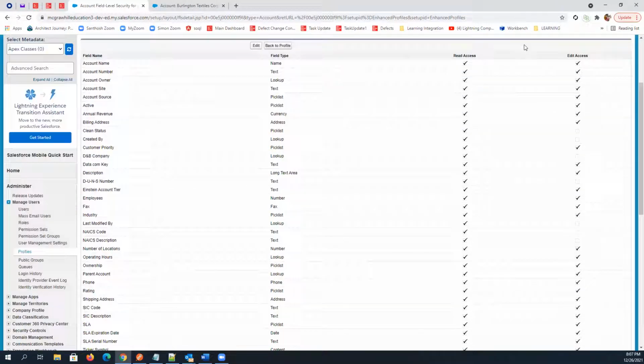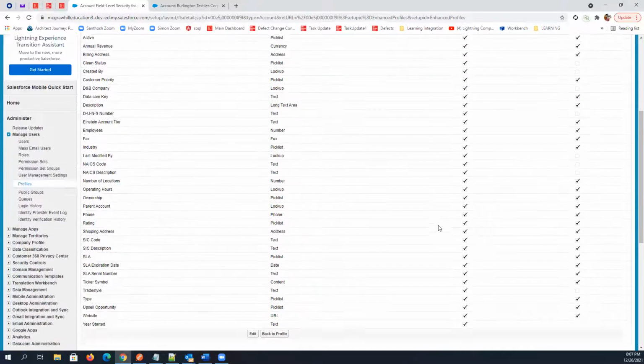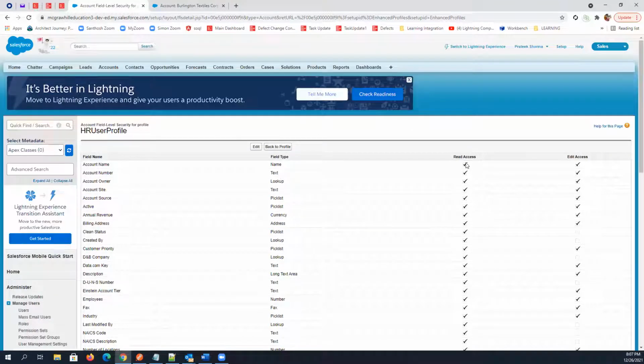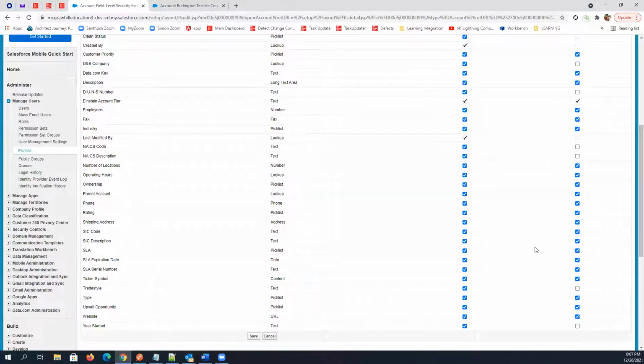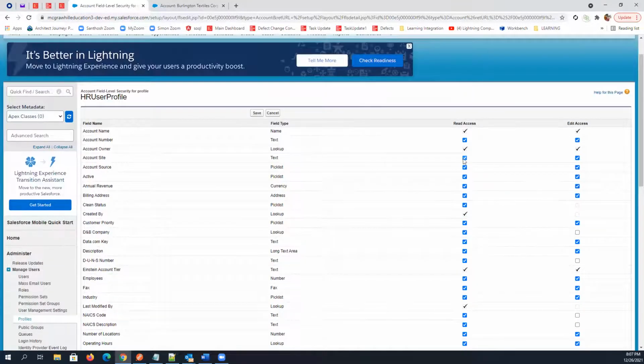You can see some fields are restricted for edit, and if you want to restrict any particular field on this profile, you can click on edit and make the change. So you can remove or add access.